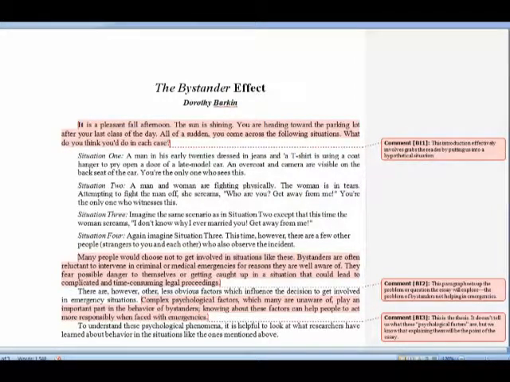Okay, first we'll start with the introduction. This introduction is, I think, an effective introduction. It puts you, the reader, right into a hypothetical situation and involves you from the very beginning, rather than just starting out in a dry way saying, in this essay I'm going to talk about the bystander effect. Instead of that, it immediately puts you into a hypothetical scenario and asks you what you would do. So you as a reader, you're involved from the very beginning.